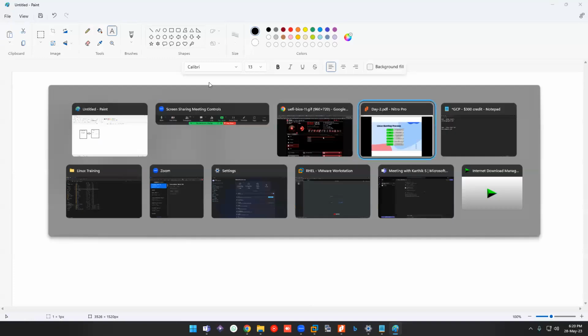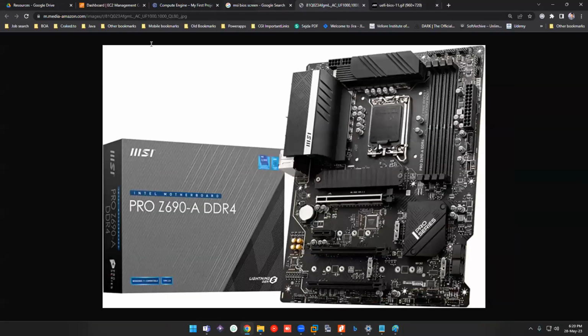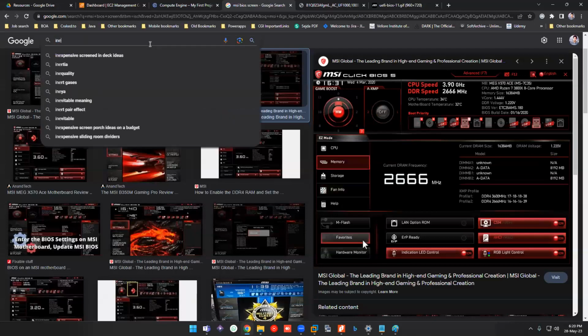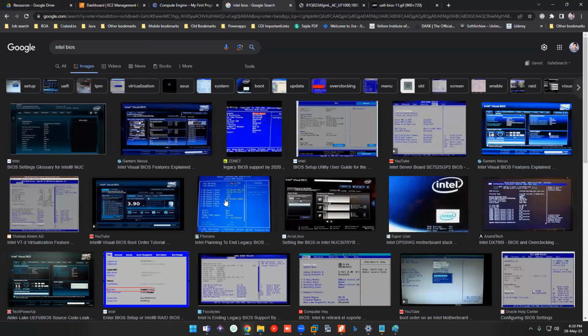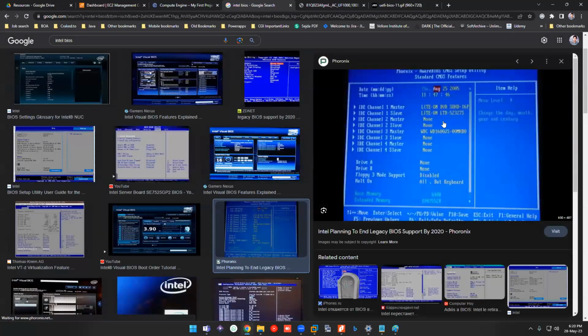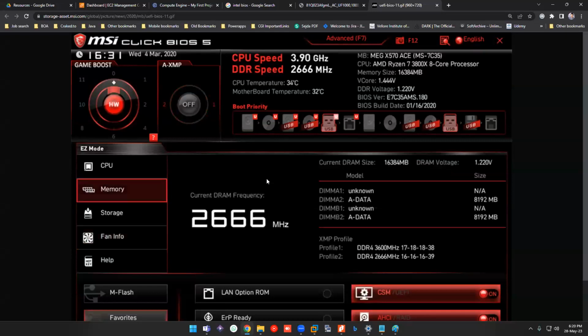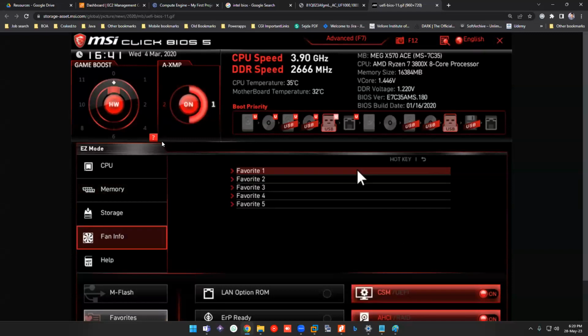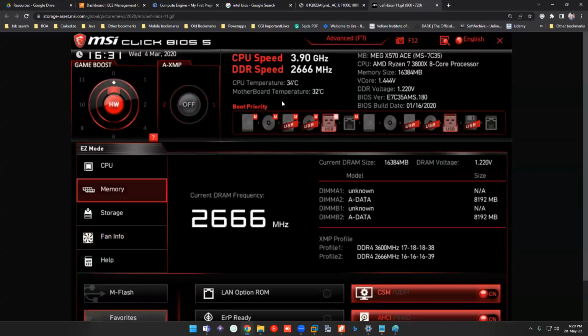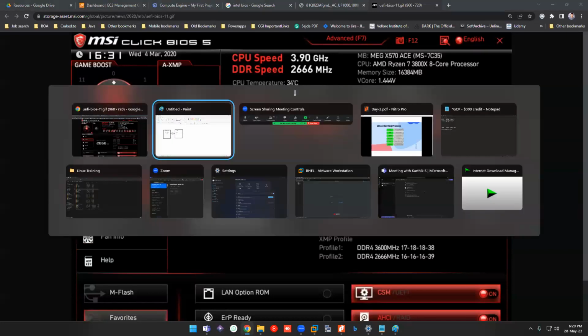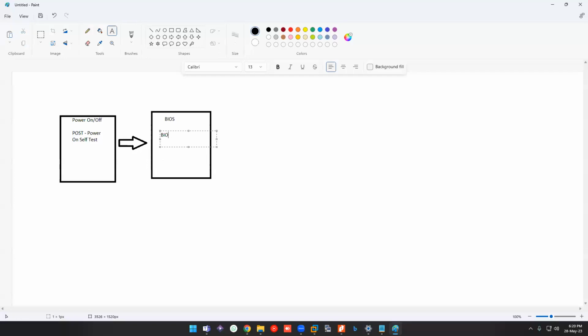And you might have seen this BIOS, let's say some Intel BIOS screen. It will be in this old style blue color, right? So this is what you would be seeing previously. If you have a gaming motherboard, you would see this UI. As many elements have been added, your BIOS size also would increase. Again, it is the basic system info, and your boot order will be decided in your BIOS.